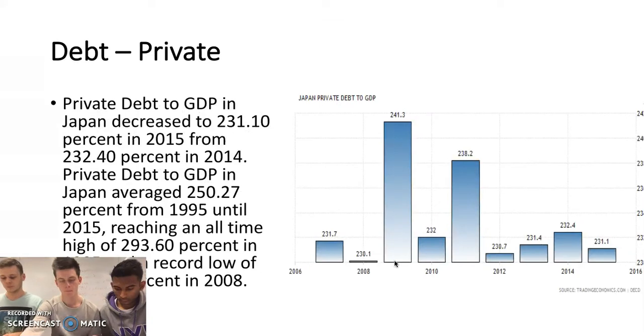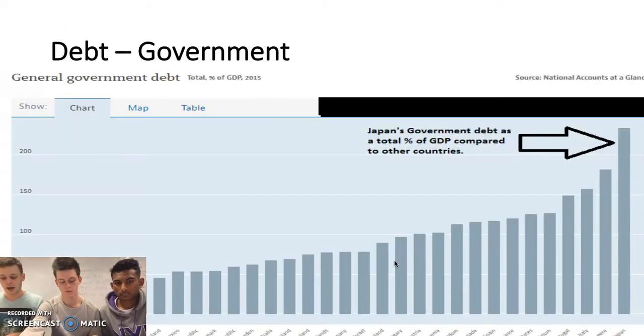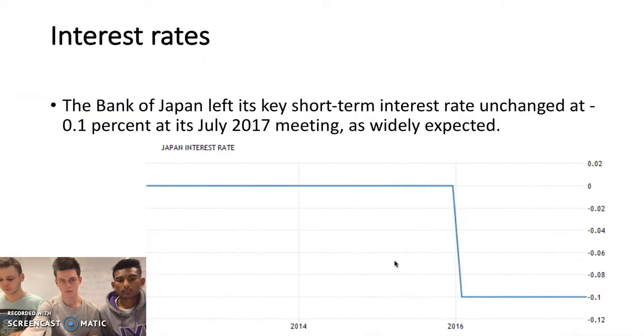As for Japan's private debt, it's among the world's highest, last reported at over 230% of their GDP. This level is unsustainable and a prime factor in discouraging investment into the country. As for Japan's government debt, they clearly have the world's highest level, once again over 230% of their GDP. This is incredibly unsustainable and is linked to poor credit ratings that will be discussed further into the presentation. High levels of any debt discourage foreign investment, and these figures have been sourced from Trading Economics.